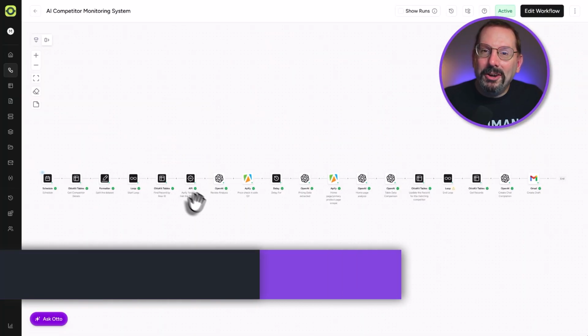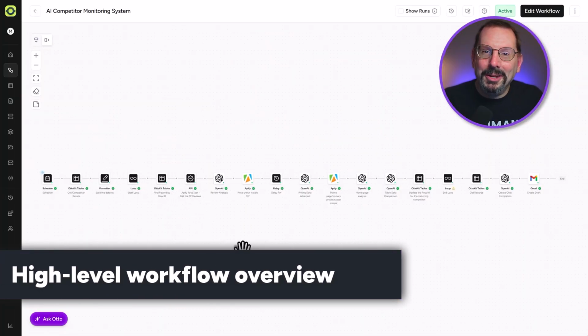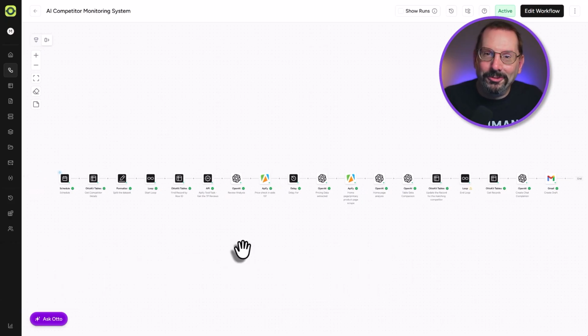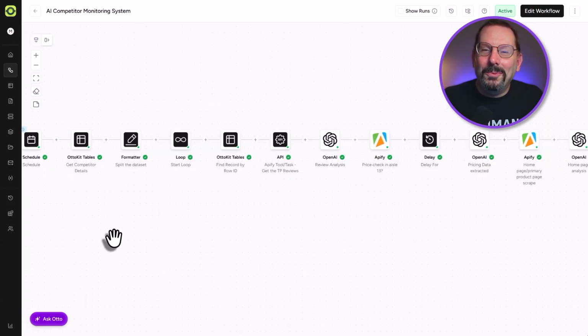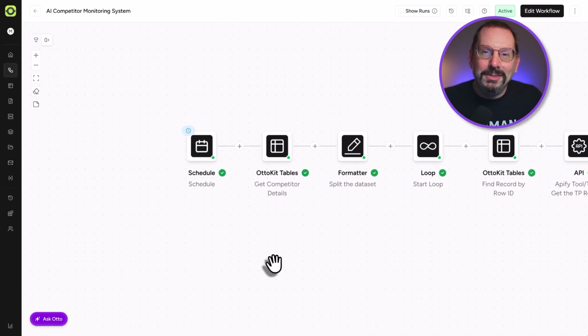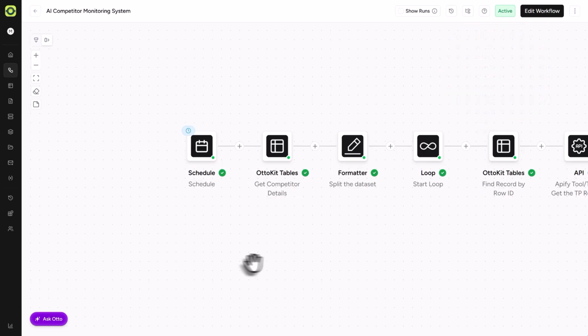Now, this is a fairly substantial workflow, so I'm not going to go into rebuilding every action step from scratch because we'd be here for a long time. Instead, I'll walk through how each section works and spend more time on the AI analysis that turns that raw information into something useful. Now, the workflow begins here with a monthly schedule,